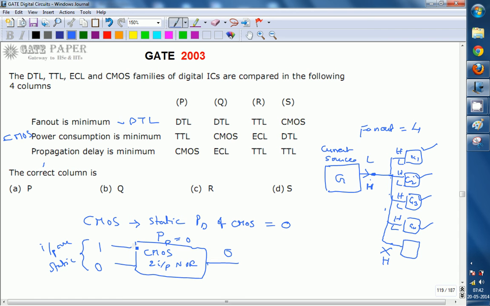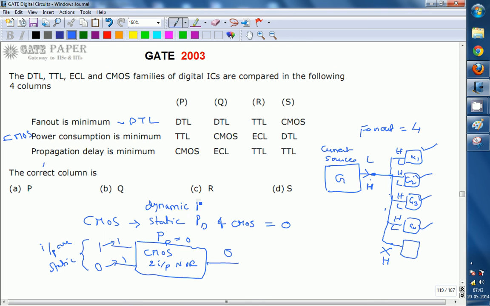Okay, and when the power dissipation takes place, whenever you are changing the inputs, let us assume you are applying first 1 0, later 1 1. By that time you are changing it, so 1 to 1 there is no change, and it is going from 0 to 1. At that time, a small current flows from VDD towards ground, which makes the power dissipation. So CMOS will have dynamic power dissipation but not static power dissipation.